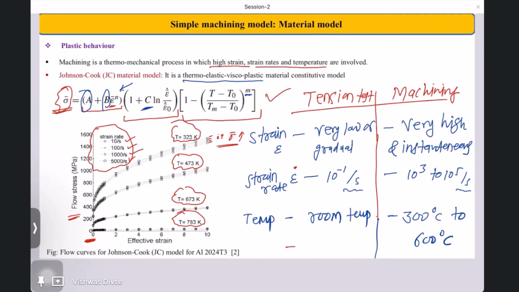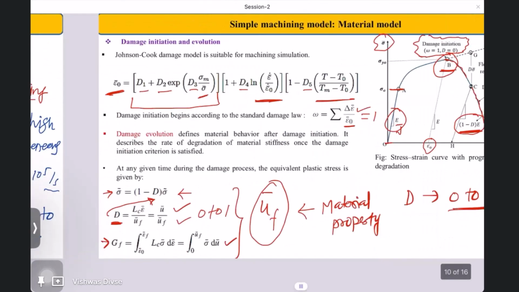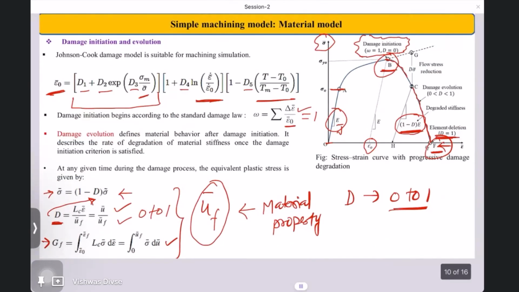So these are 5 parameters. So 2 elastic properties, 5 plastic parameters, so total 7, plus this D1, D2, D3, D4, D5. These 5 parameters, so 7 plus 5 is 12, plus displacement at failure, 13. So total 13 properties are needed just to define a complete material behavior for mechanical loading,